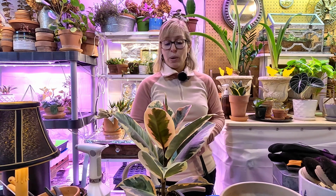And it can really depend on how warm you keep your house, how much humidity you have, all sorts of different things like that. So it can be different for every person. Like I said, I water it about every 10 days. Sometimes I go for 2 weeks, sometimes I go 1 week. It all again just depends a little bit on the conditions and how fast it's growing and how quickly it's